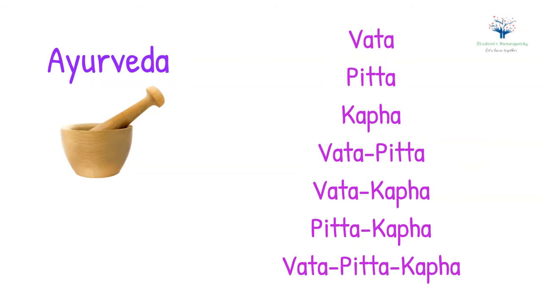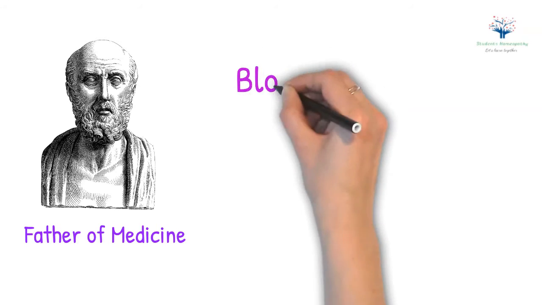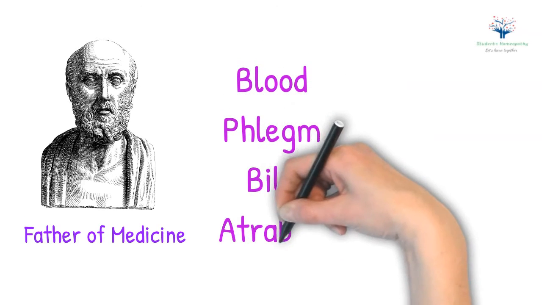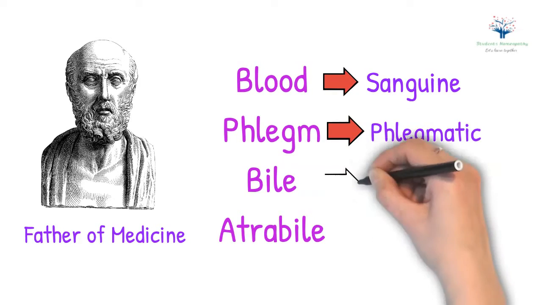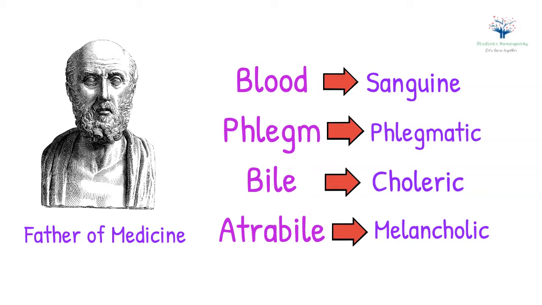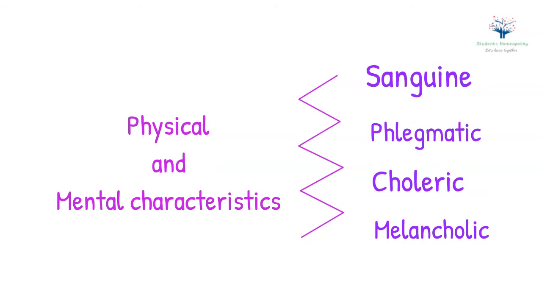Perhaps after being influenced by this, the Greek philosopher and great thinker Hippocrates, who is also called the father of medicine, played an important role in developing theories in connection with man's mental constitution or temperament. He claimed that man possesses 4 humors, which are blood, phlegm, bile, and black bile. The dominance of any of these 4 humors leads to sanguine, phlegmatic, choleric, and melancholic temperaments respectively. And he has mentioned different physical and mental characteristics of these temperaments.